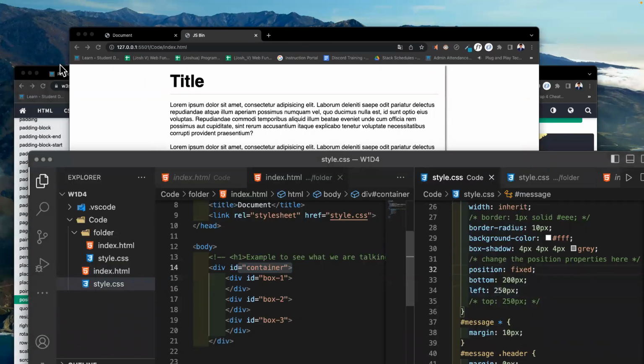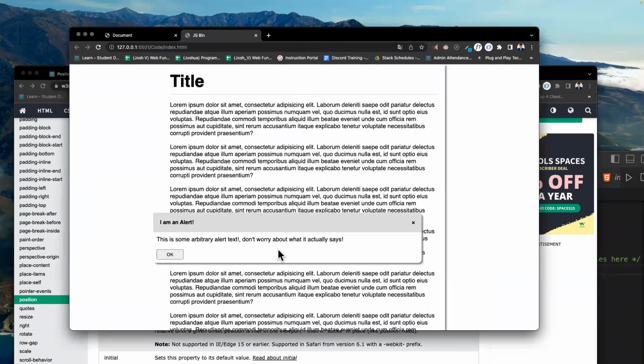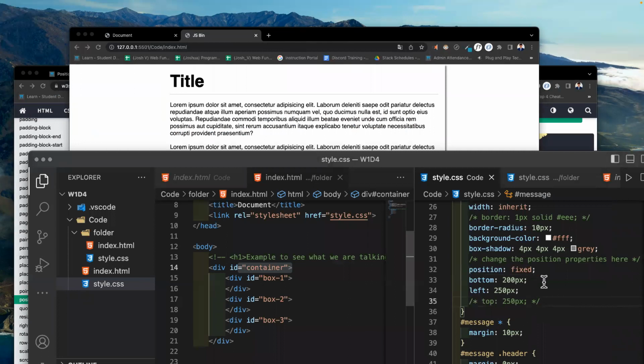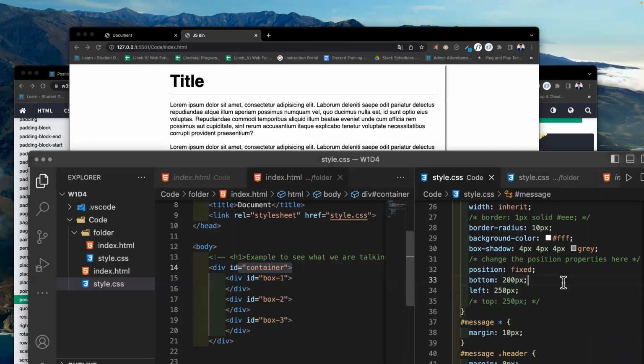It's because fixed is positioned relative to the browser window. So now it's adjusting itself from the browser window. We're saying from the bottom, go up 250 pixels, from the left 250 pixels. So that's why it's down here. We're positioning it from the bottom now. If we say from the top,